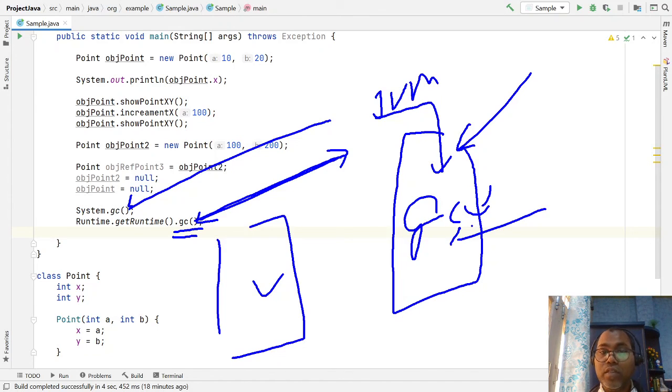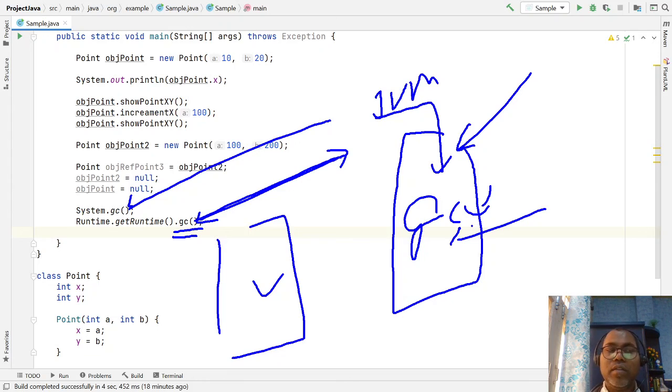The reason is that when the garbage collector thread runs, it consumes CPU time, and at that time your application performance may go down. So running the GC is a costly operation. So the JVM does not run GC frequently; it runs when it decides that memory is getting low, maybe a huge number of objects are being created but there is not enough space.